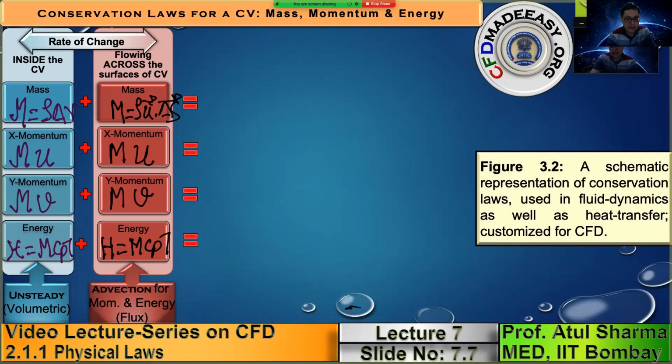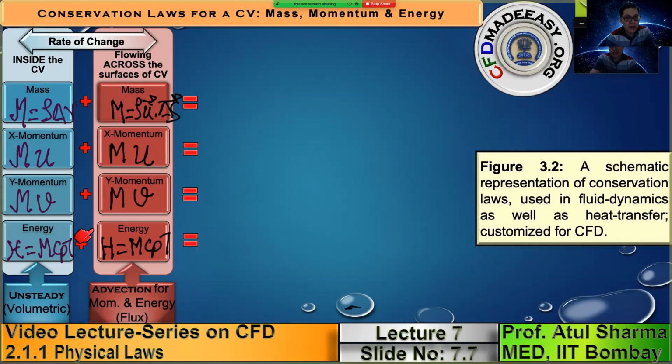So note that in the symbols presented here for applying the conservation law for the rate of change terms, there are two different M's. This curly M corresponds to mass, the straight M corresponds to mass flow rate. There are two types of capital H. This curly H represents the enthalpy, and the straight H represents the enthalpy flow rate.